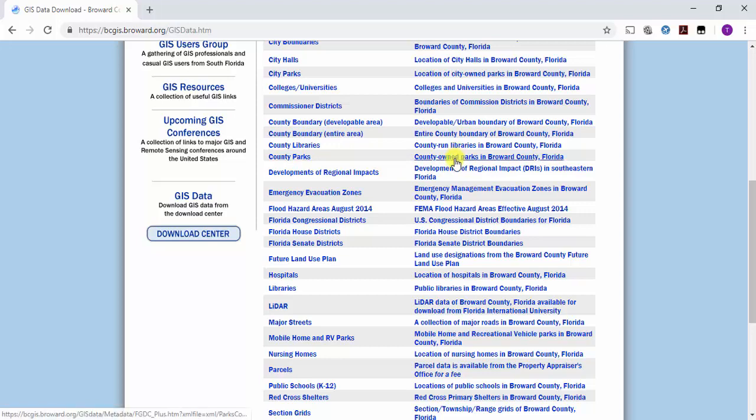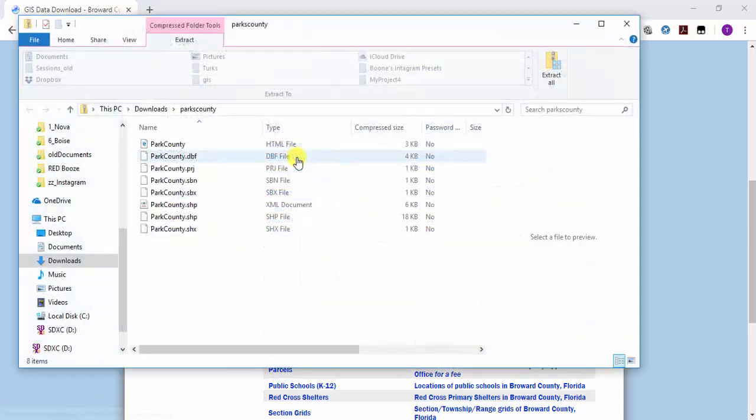in Broward County. If I click on this one, if you just hover on it, you can see at the bottom, in the status bar on my browser, it actually says Parks County ZIP. If I click on this, it pops up on my machine, because my machine thinks it's a regular zip. Yours might just start the WinZip thing again. On my machine, it pops up as Parks County compressed tools,